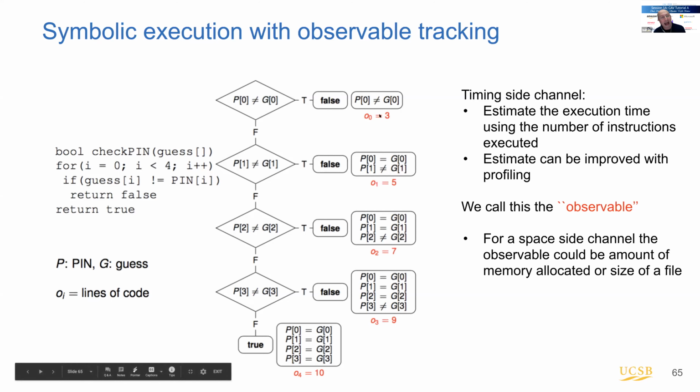Now, this observable doesn't have to be the execution time. It could be memory usage, but then you need to keep track of memory allocations. In Symbolic Pathfinder, this is done by adding listeners. So you need to add these listeners to the symbolic execution and keep track of either the execution time or the memory allocation. Or you can use a public output, so then you need to keep track of the value of the variable. That can also be done, right? So this observable could be something you print maybe. But what we are assuming now is that, in addition to the path constraint, we get this observable value.